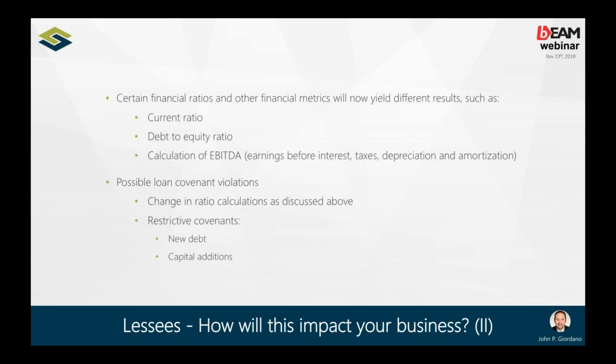So how else will this impact your business? Obviously, you're putting an asset on the balance sheet. You're putting a liability on the balance sheet that was not there before. So many of the ratios that management and ownership will use to gauge how the business is running will dramatically change, and that needs to be taken into account when implementing this standard and when having an expectation of what some of these ratios are year over year. For example, the current ratio,